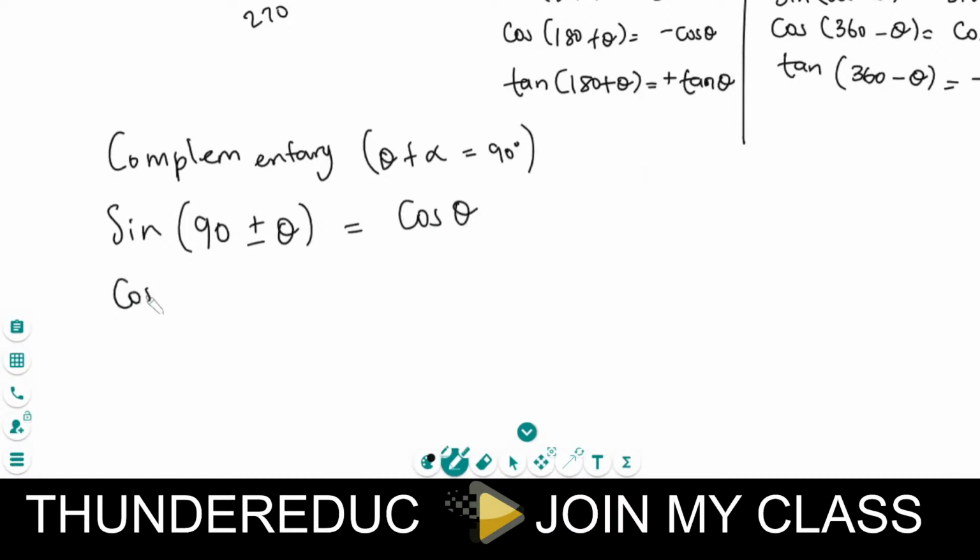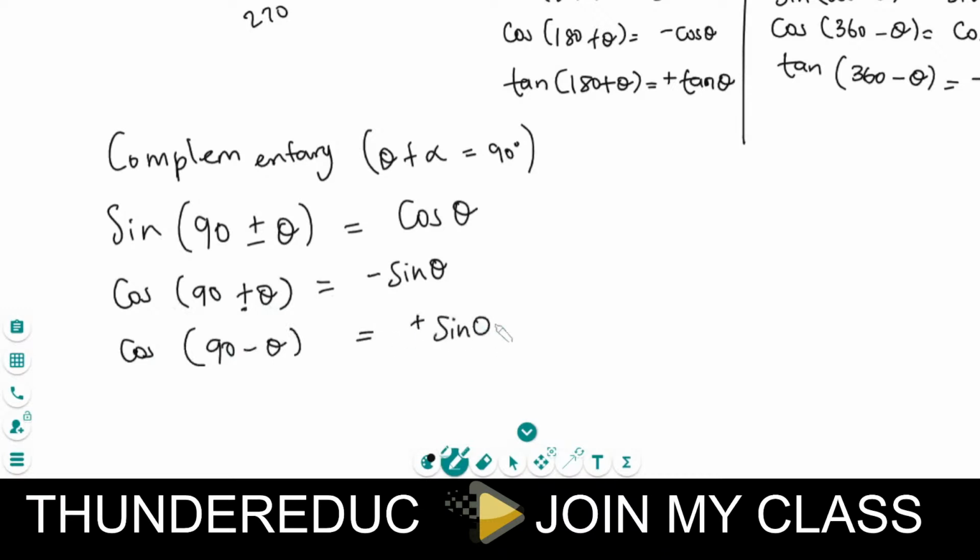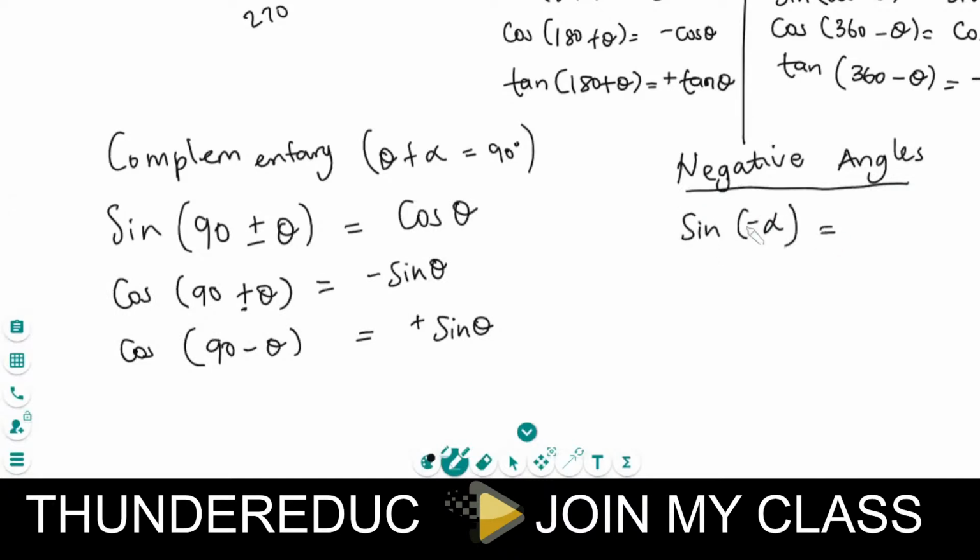And then if we have the cos of 90 plus theta, since we have a positive, we shall end up having a negative sine theta from the compound angles. We can always get that. And then if we have the cos of 90 minus theta, this will give us a positive sine of theta. And then lastly, under this, what if we're dealing with the negative angles? Negative angles. So if we have, let's say, the sine of a negative angle, this will be the same as